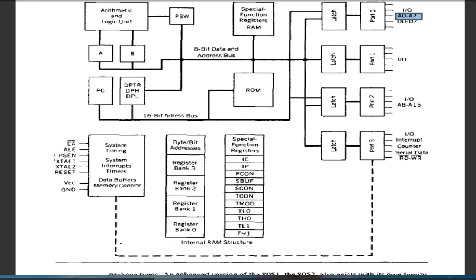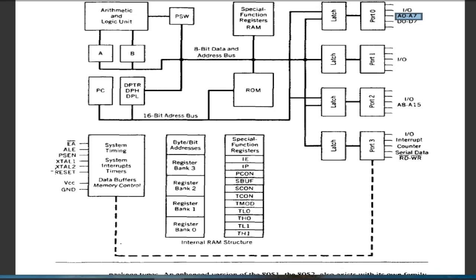Then XTAL1 and XTAL2 are the oscillator pins. This 8051 has an internal crystal oscillator which works along with the XTAL1 and XTAL2 pins. Whatever frequency is provided with these two pins will be given to the internal crystal oscillator of this 8051, and then it will be able to work with the desired frequency.